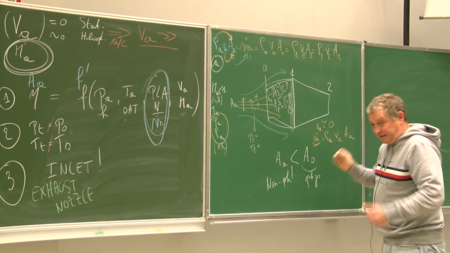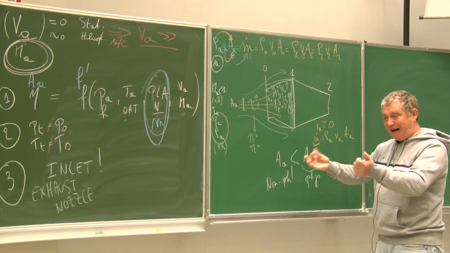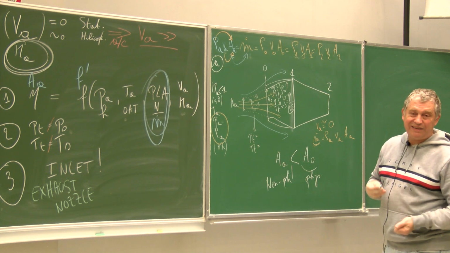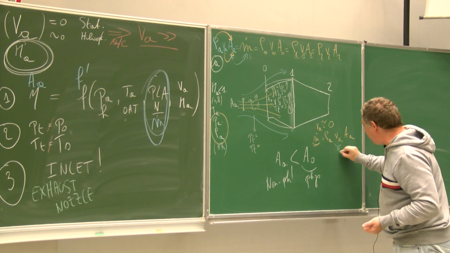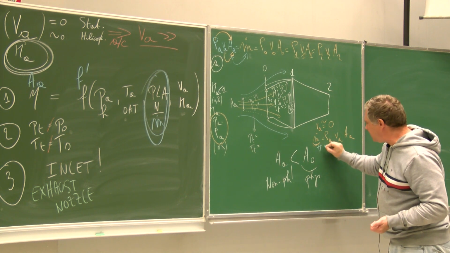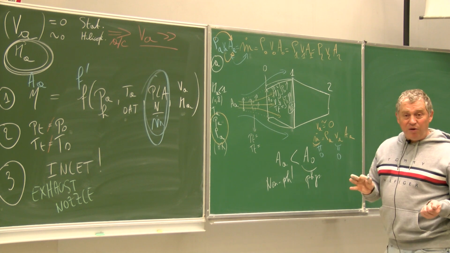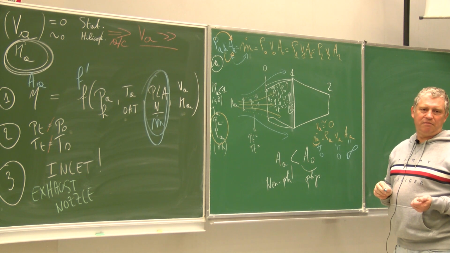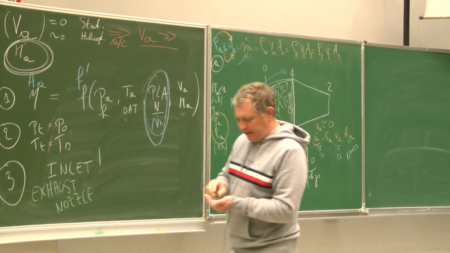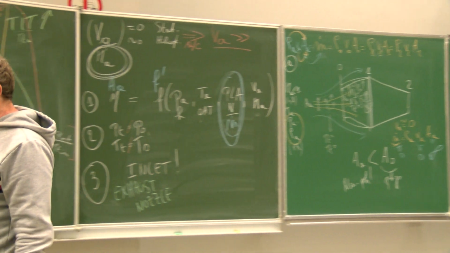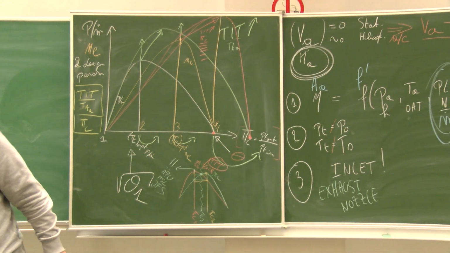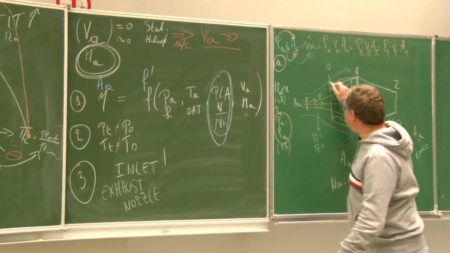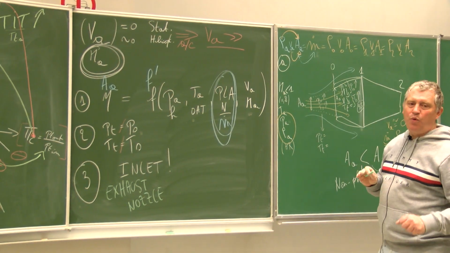m dot is there. The engine is taking air out of the air when you start the engine or when you are doing a taxi, for example. But VA is equal to 0. This is not equal to 0. The only solution is that this is equal to infinite. And so you see that depending on the flight condition, AA, or the flow before the physical intake, will change